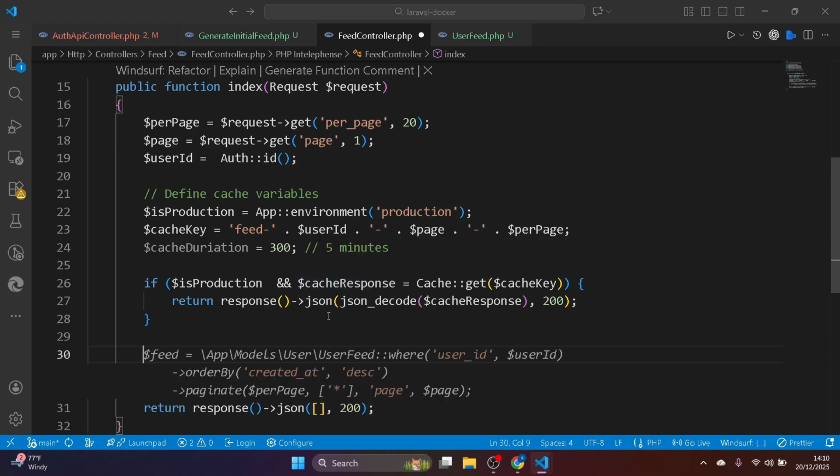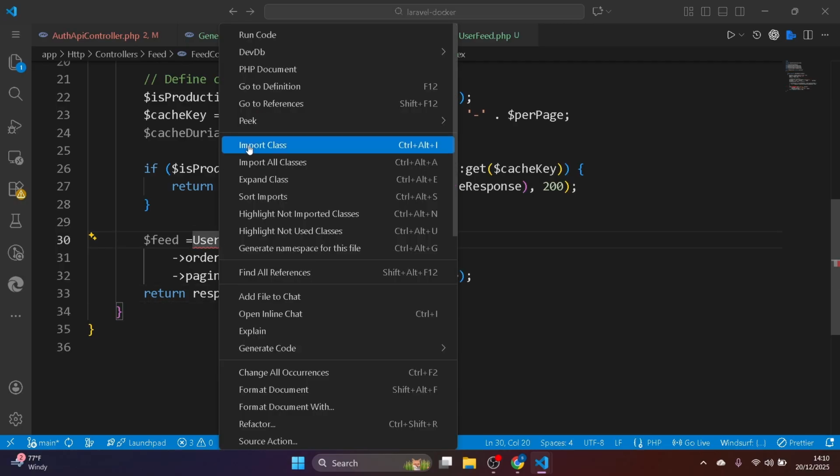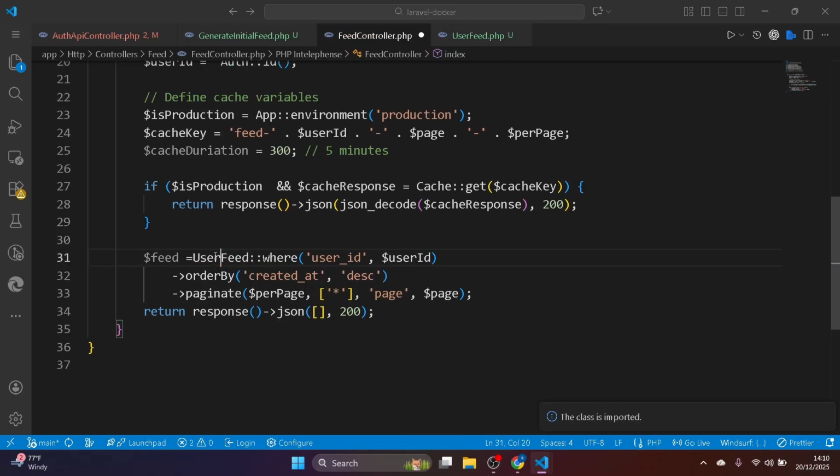But first of all, let's get the feed. This one is generated by AI. So the feed is going to be, we get our model. You can even remove this one if you want. Just remove this to make it easier for you. And just import that model. So we'll have user model. Okay, user feed where user ID